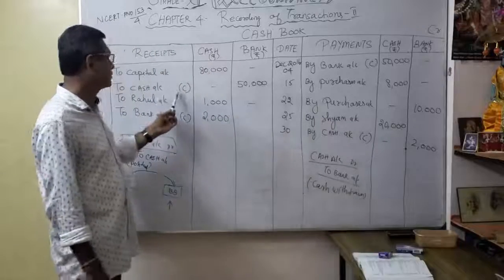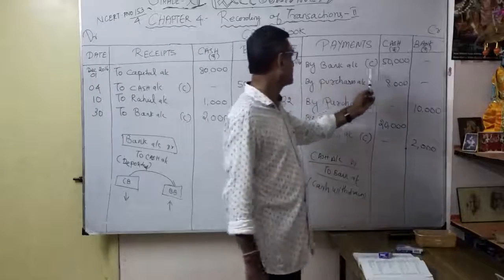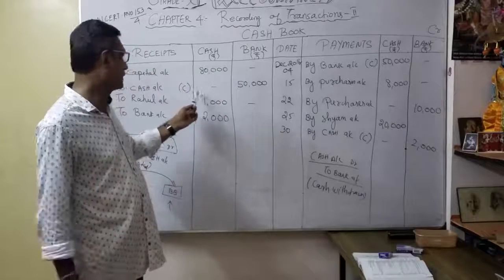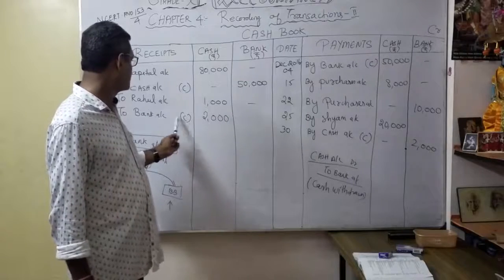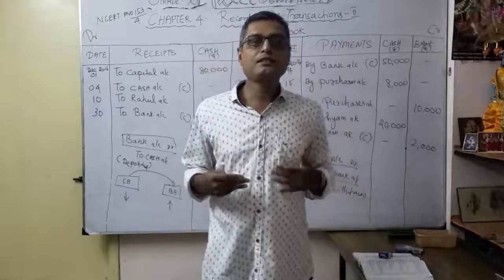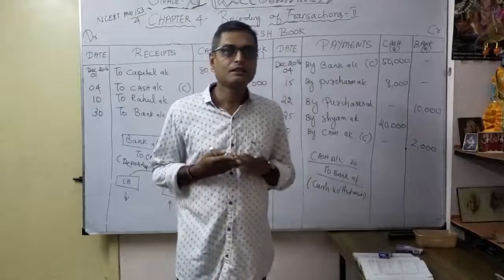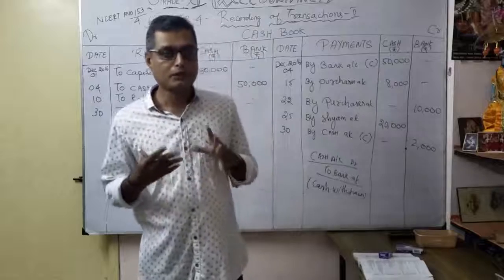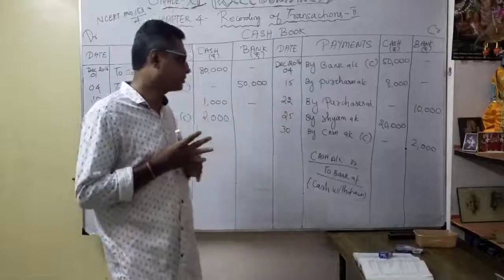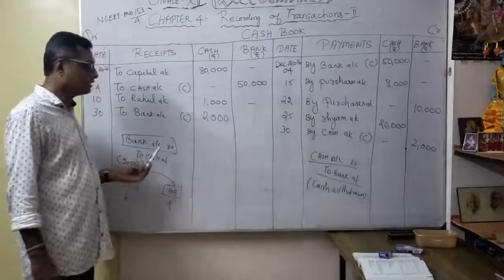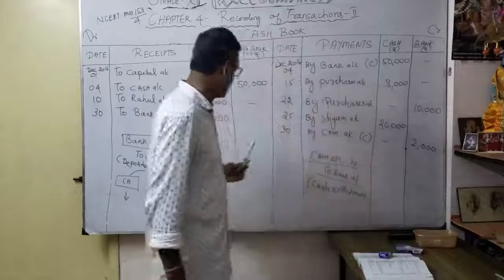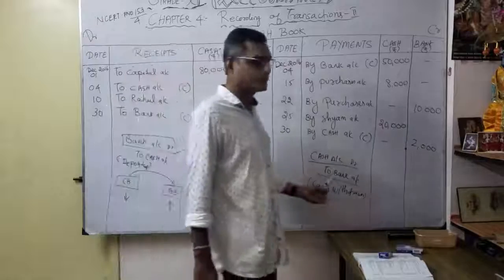So whenever cash is deposited, I mention two entries. Correct. 50,000 here: cash deposited to bank. Similarly, cash withdrawn, so here also I put C for contra entry. So whenever cash is withdrawn from the bank or cash is deposited to the bank, you have to mark it as contra entry. Understood for this transaction? My suggestion is: make the journal entry first, then do the posting, for how they deposit and how they withdraw.